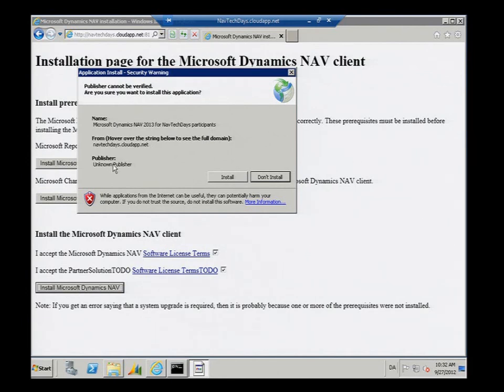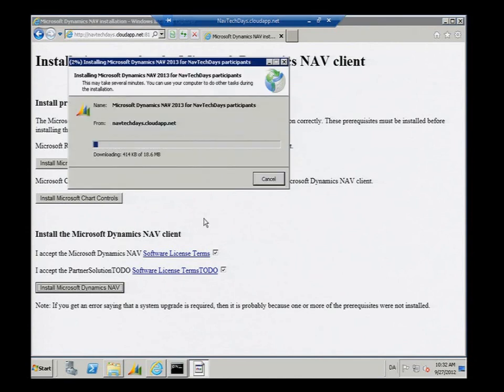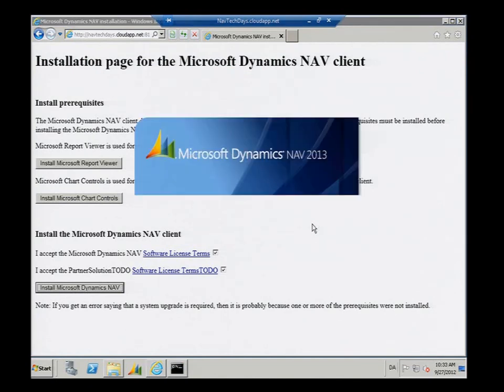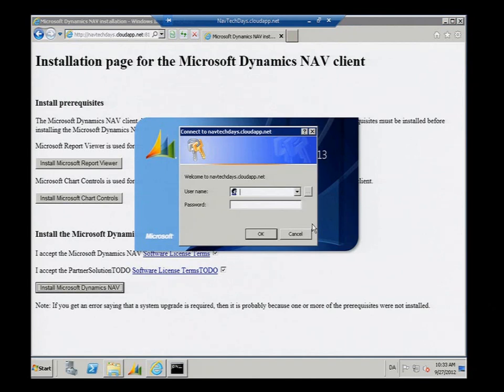It can't see who published it. It is possible to sign the files, the XML files, and so you can say, this is really from Microsoft. But we didn't do that. If you have a certificate, it's straightforward. But I trust this. See, it downloaded it. And it starts the application now. So I really pushed it out to the end user machine. And it had the right client user settings that pointed to the right server with the right authentication type, everything.